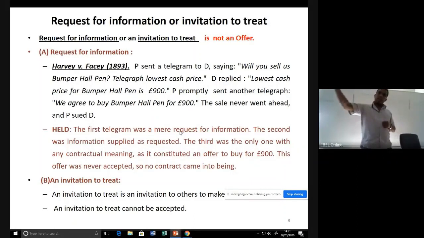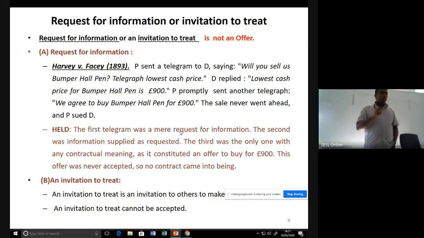The second telegraph sent by D to P is the reply to the first question. So that is a supply of information, not an offer. The third was the only one with contractual meaning. So the third one, that is P, sent another telegram to D saying,